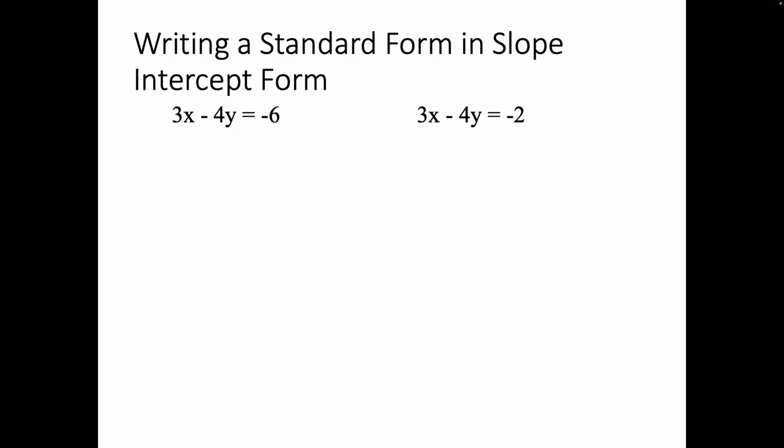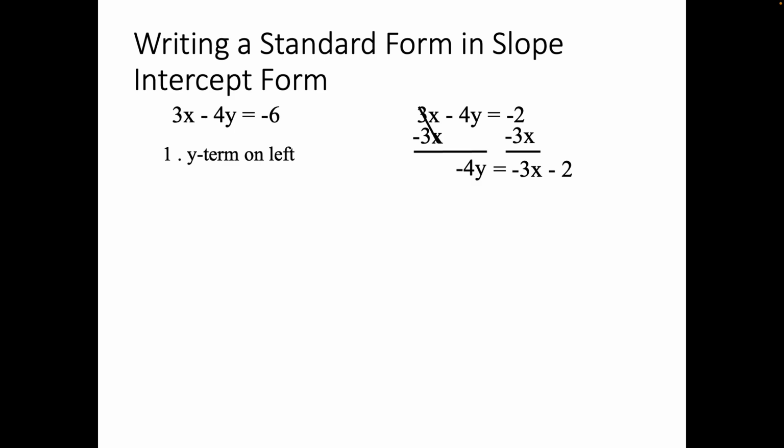So there is the equation. The first thing I need to do is to put the y term over on the left. So I currently have that x on the left, so I need to get it over to the right by subtracting 3x from my left. Of course, I've got to do it to both sides. So the 3x's cancel, and I'm left with negative 4y on my left and